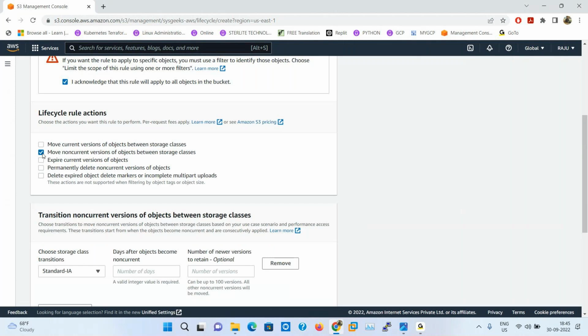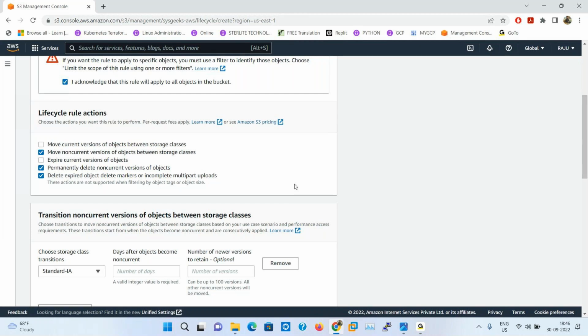So old timestamp objects you want to migrate, but the current latest timestamp objects there is no need to migrate. Expire current versions of objects, no. Permanently delete non-current versions of objects, and delete expired object delete markers or incomplete multipart uploads. So any expired objects, it will delete them.